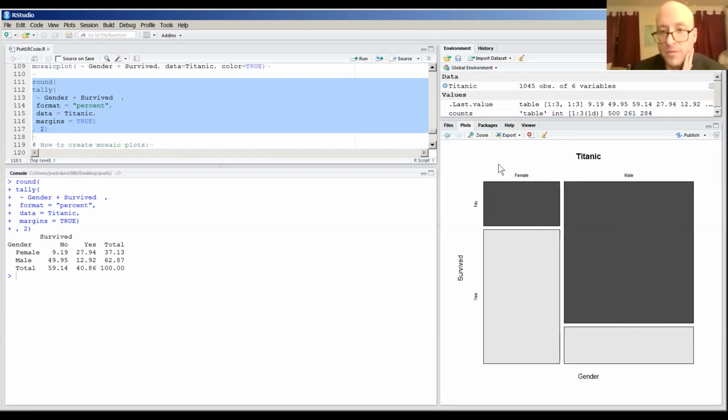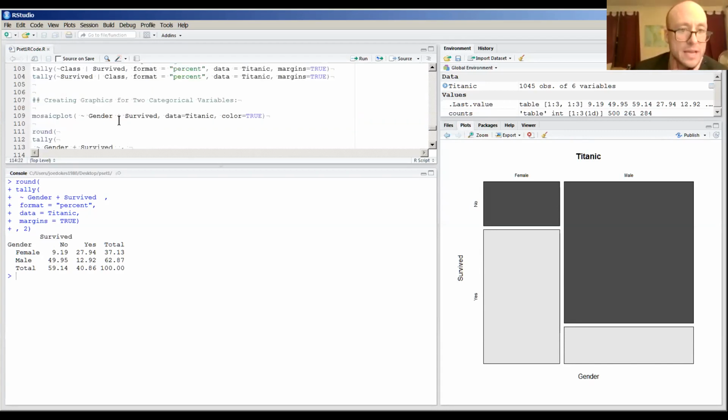So gender, we know, is about divided 60-40. Survival here changes by the category. This is one reason I actually don't like the mosaic plot, because it uses this little plus operator. It's more like a contingency table, if you remember, because what this shows is, conditional on gender, we then figure out what the survival rate is on the y-axis. Technically, it's not a contingency table, because the area itself is how large each group is,